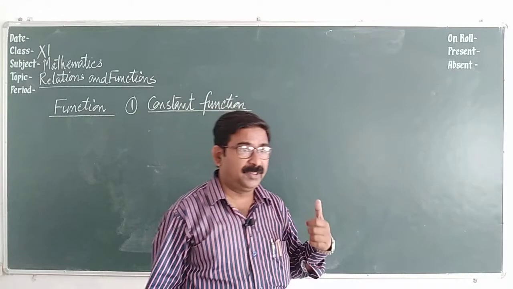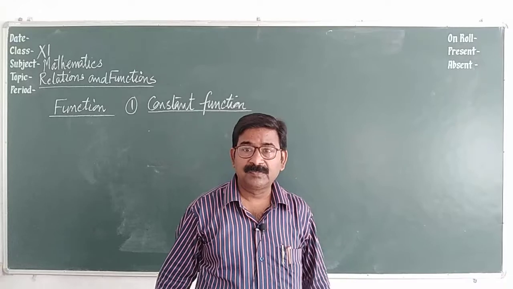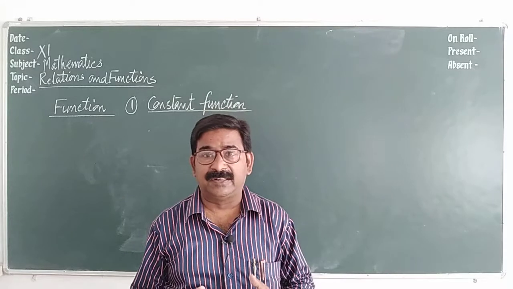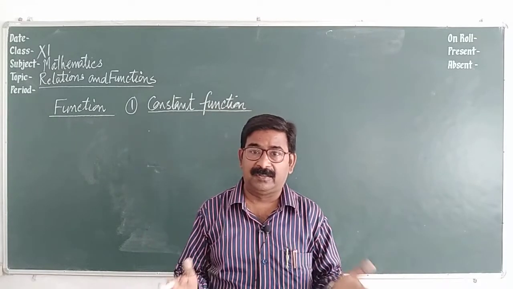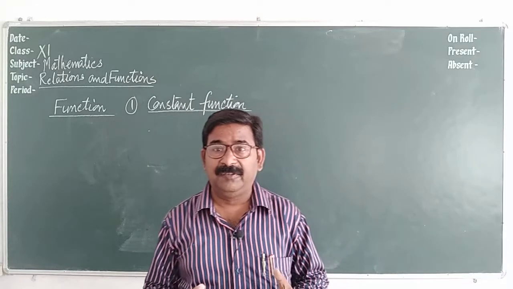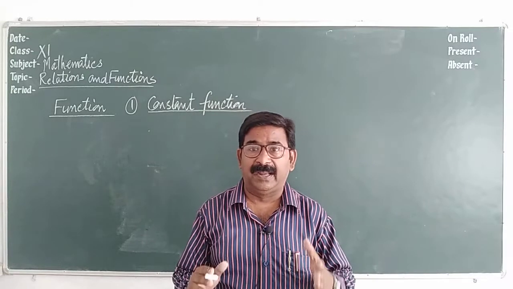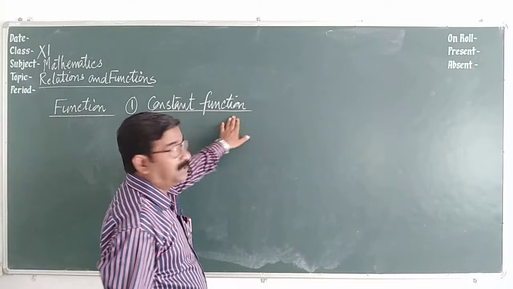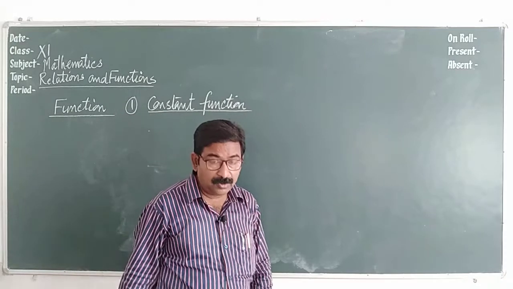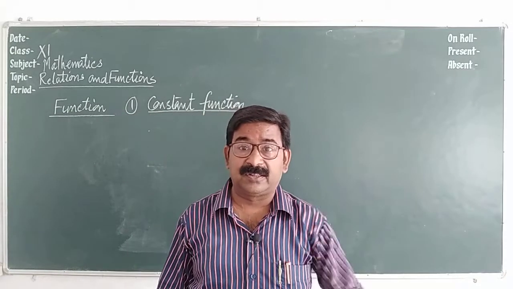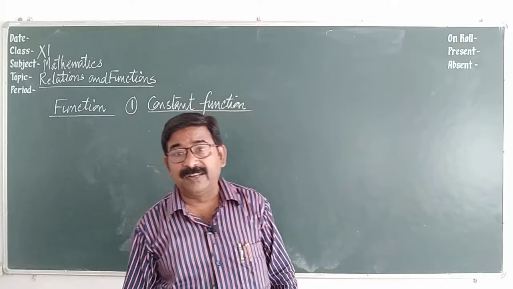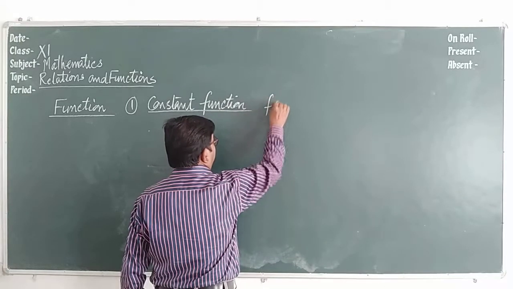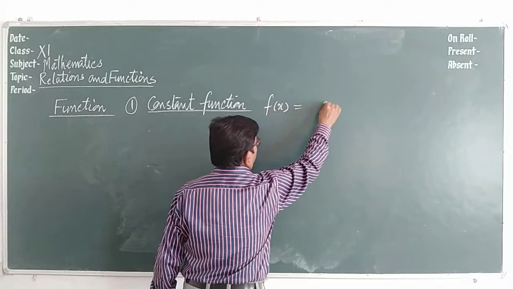Before proceeding to the next step, I would like to tell you, if we have a function, certainly it will have its graph, meaning it can be plotted on the graph. On the basis of the graph, we can obtain the domain and range of the function. So the first function is the constant function. A constant function is a function given in such a way that the variable is not available in the function. Like I am writing f(x) = 3, suppose.